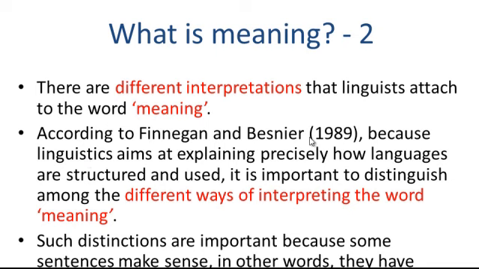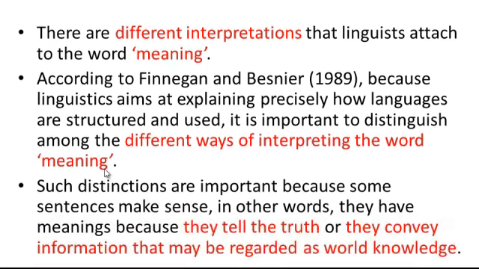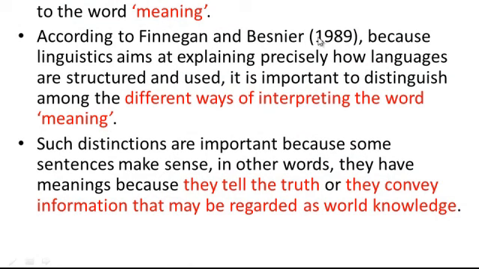According to Finnegan and Besnier, because linguistics aims at explaining precisely how languages are structured and used, it is important to distinguish among the different ways of interpreting the word meaning. So they consider it crucial to distinguish among the different ways of interpreting the word meaning. They have this in mind because sometimes to arrive at a meaning of something, we may need to consider certain truth conditions, and we also need to consider word knowledge,